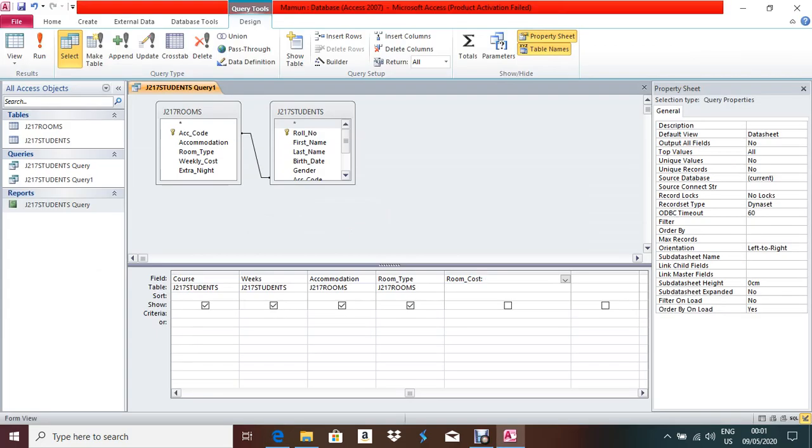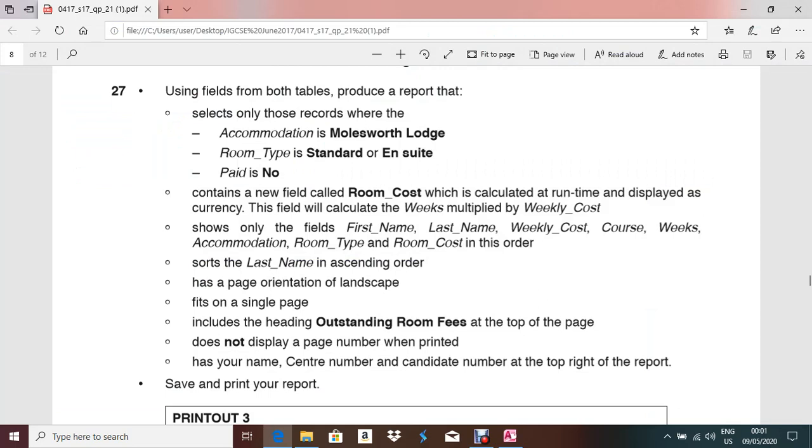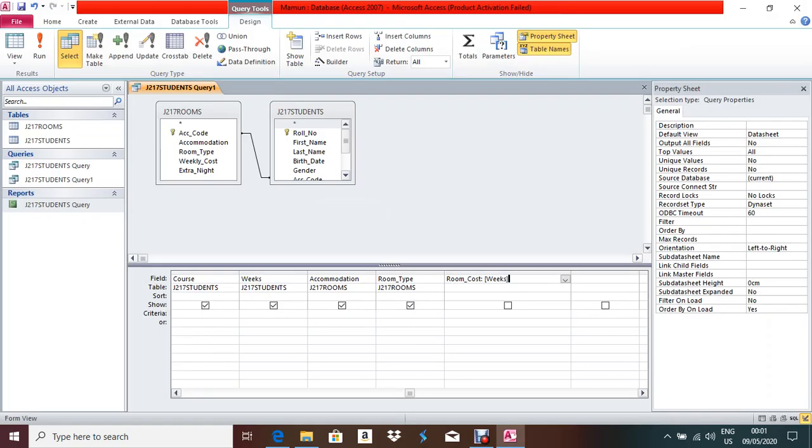So give a space, square bracket, weeks, square bracket close. When you write a formula in the query and use a field, that field should be in square brackets. Weeks into weekly cost.